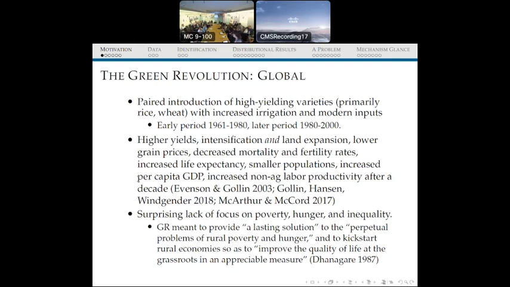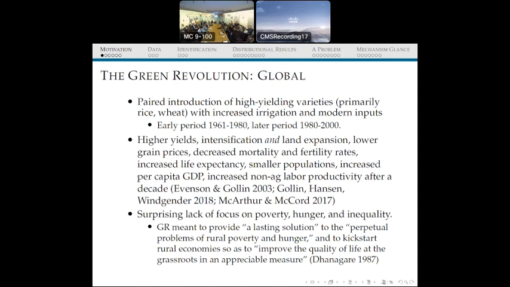And the papers showed that there were higher yields, agricultural intensification alongside land expansion, lower grain prices, decreased mortality and fertility rates, increased life expectancy, smaller populations, increased GDP per capita, increased non-ag labor productivity after a lag. All of these sound like a really good thing. So for sure, the Green Revolution did a lot of really great things globally, and I'm going to speak about a thing that I think there's been a surprising lack of focus on,